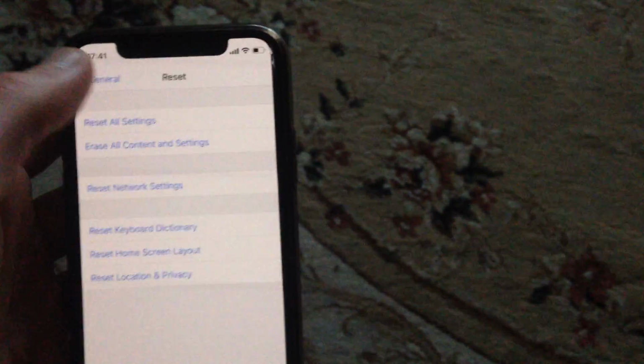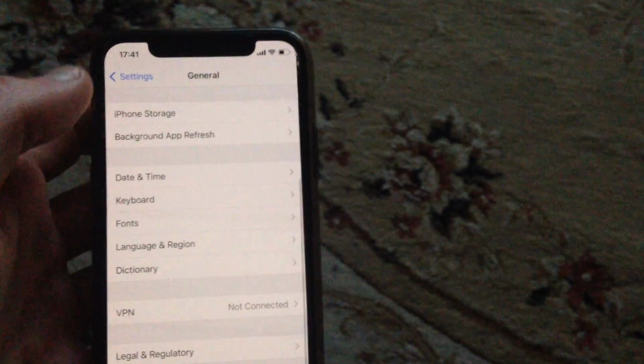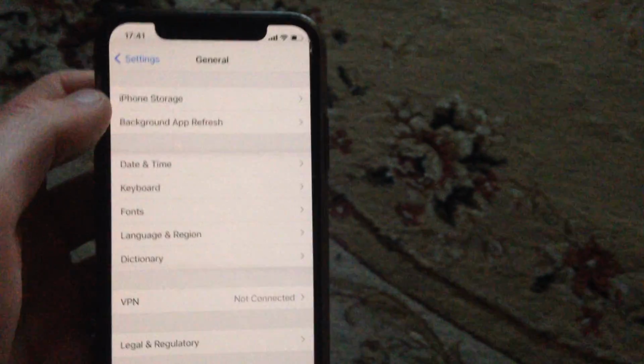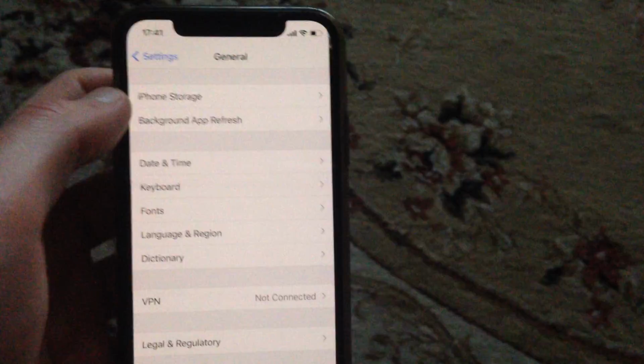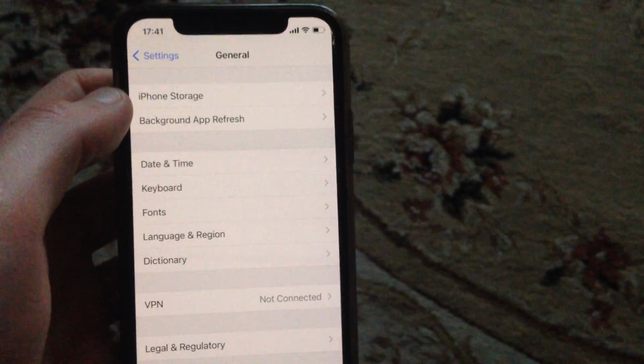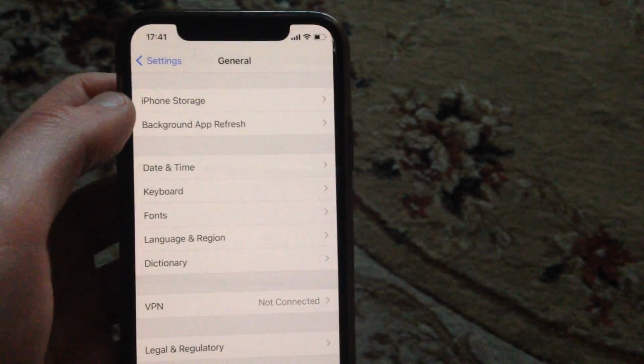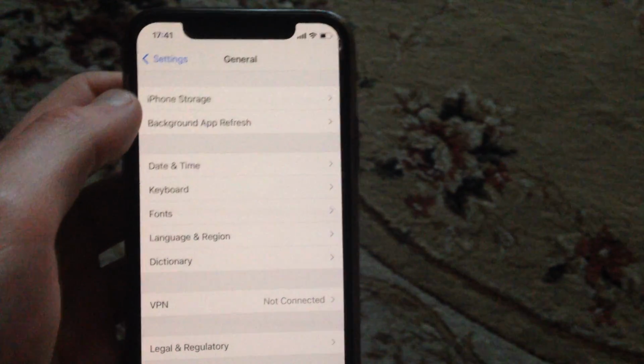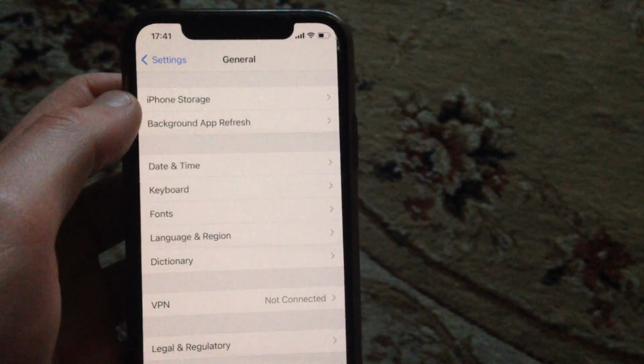And if you still have this issue, the last way you can try is to force restart your phone. It depends on the model of iPhone you have, because I will give an example of iPhone X, iPhone 11 and iPhone 12, so iPhones with Face ID. If you have another model of iPhone, just search Google for what combination of buttons you need to press